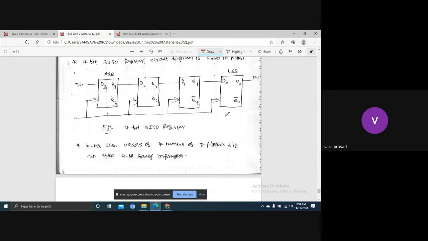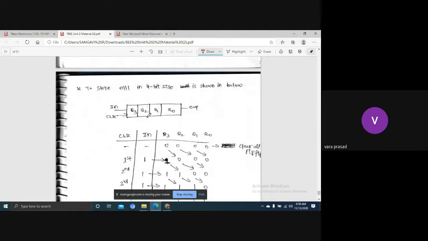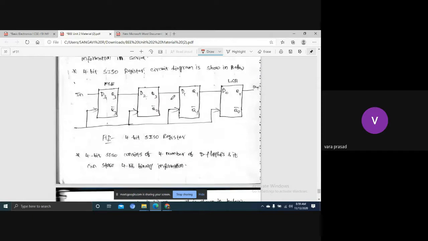Now, I can write this in another fashion also, with outputs Q3, Q2, Q1, Q0. This is the MSB flip flop, where I consider only the output, and this is the LSB flip flop. In short, I can represent it like this. If you observe, if D3 is applied, it goes directly to Q3. Q3 is given as input to D2 and comes out at Q2. After the clock pulse, the Q2 output comes at Q1, and the Q1 output comes at Q0.